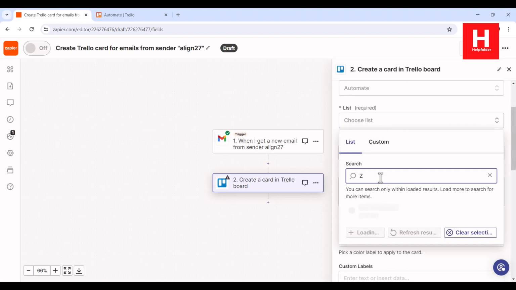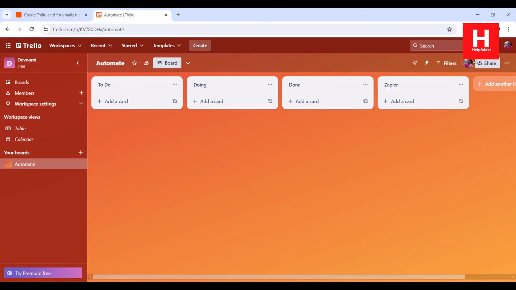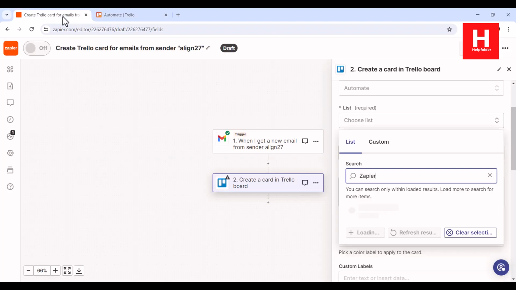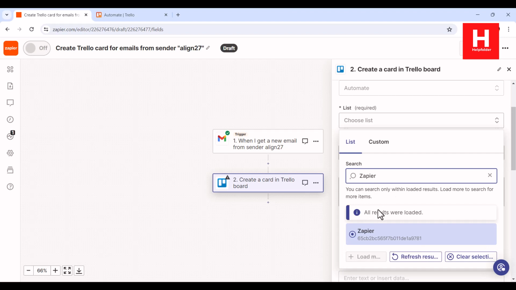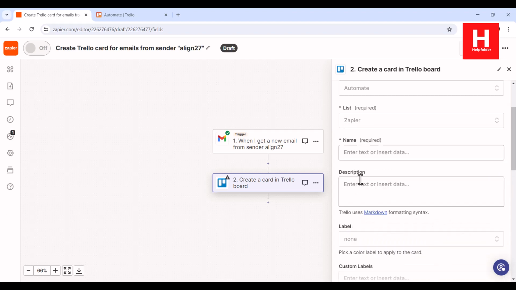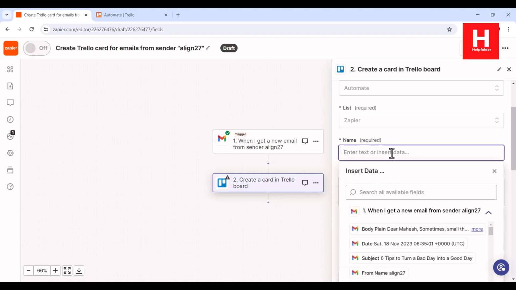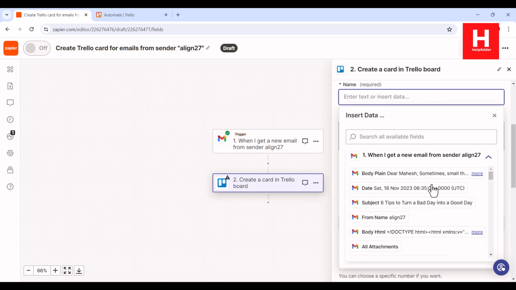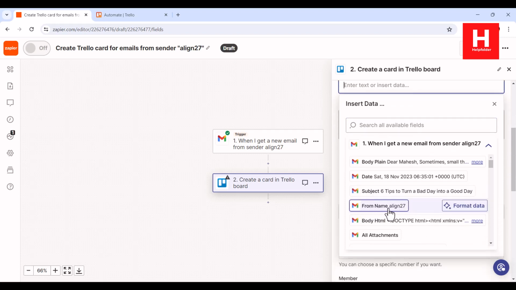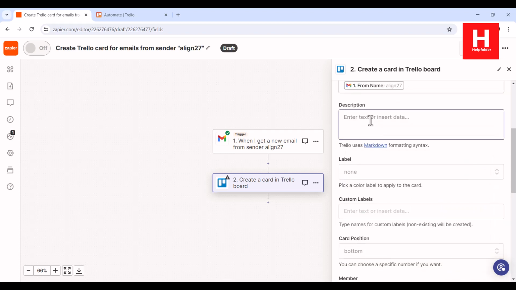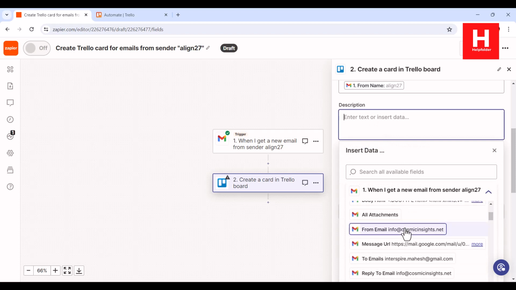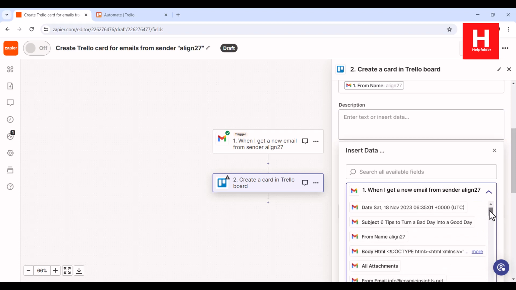So I will use set and let it search. Should find this particular list, right? And then we will select this. And there you go, right? Enter text or insert data. So basically we will take one of the from name align 27, right? And then we will come back here. For the description, I can also add the subject, right? So I'll just choose the subject,